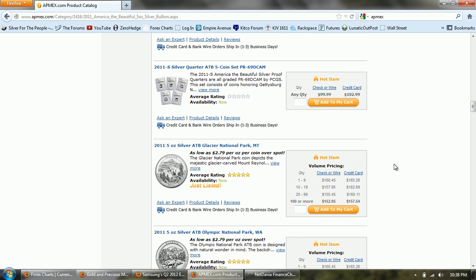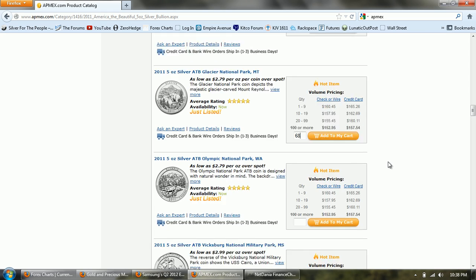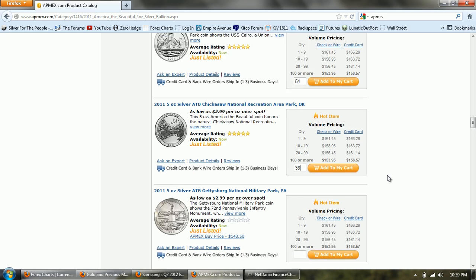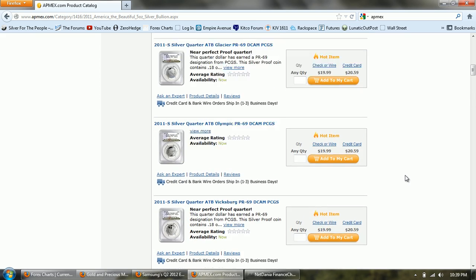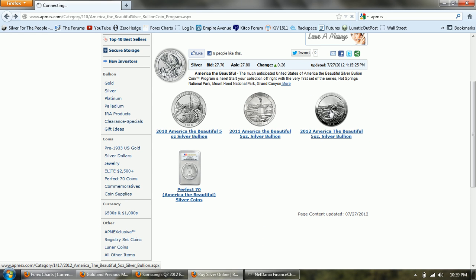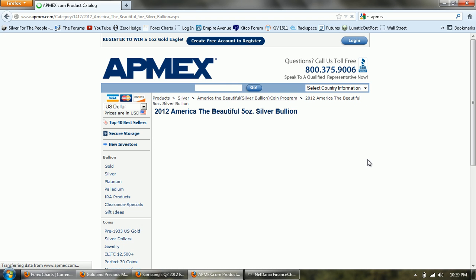So what do the Eagles run? Maybe $2, $2 to $3. So if these end up being as rare, and I don't know what the mintage is on these, but if these do end up being as rare as the first year's series, then that seems to be a can't lose scenario, considering that you're getting these coins for very, very close to what you can get any other bullion coin for. And then the last group is the 2012 coins, and these are also going to be right